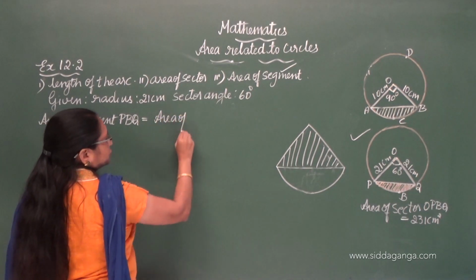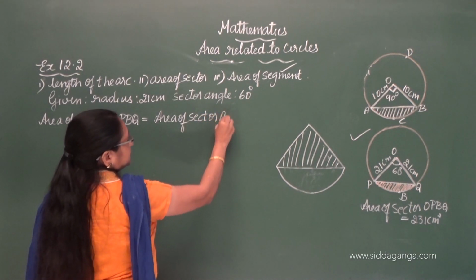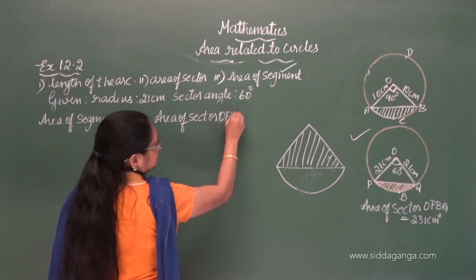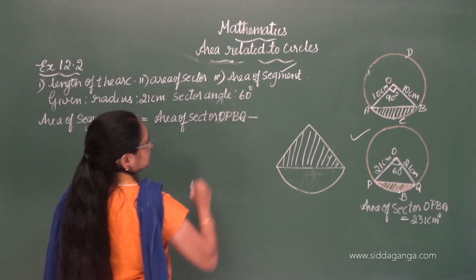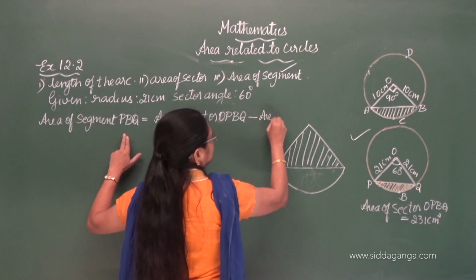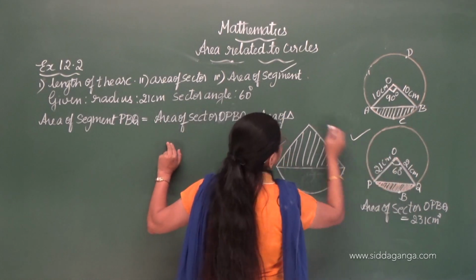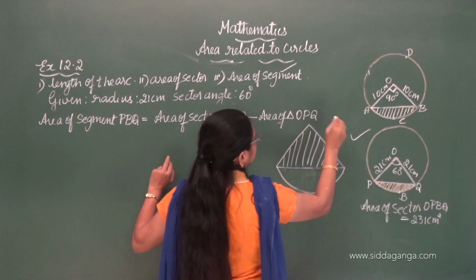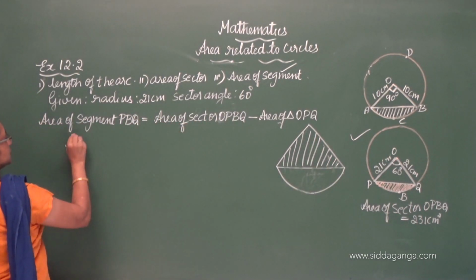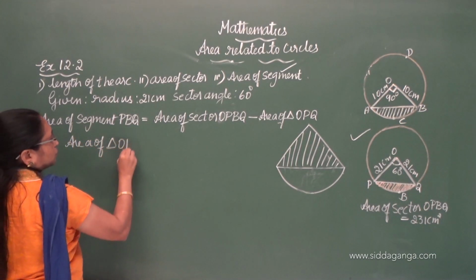area of sector OPBQ minus area of triangle. What is the triangle? OPQ. Okay. Now, area of triangle OPQ,